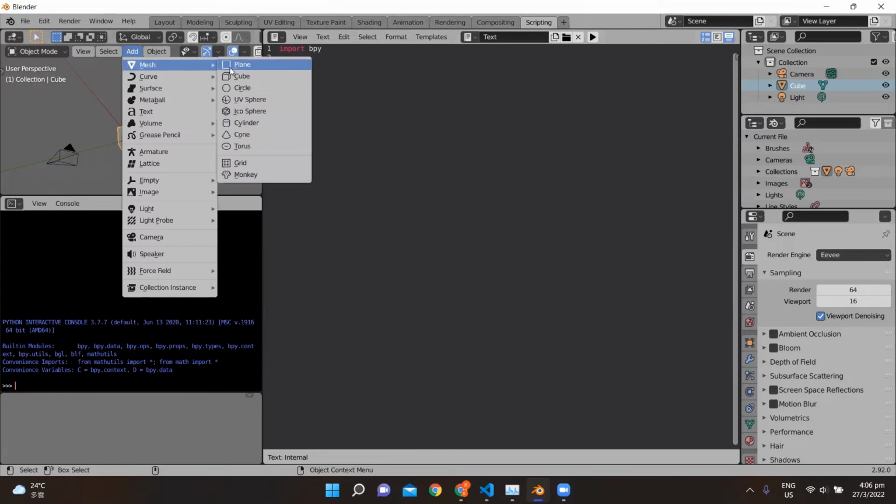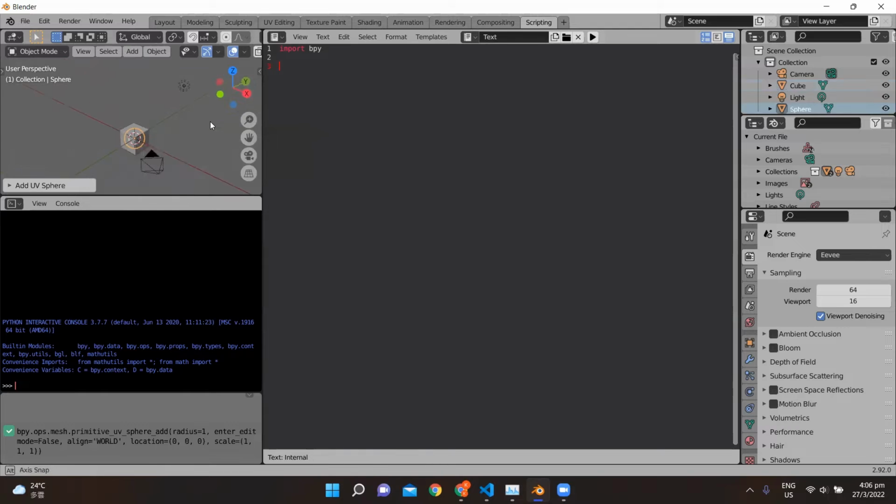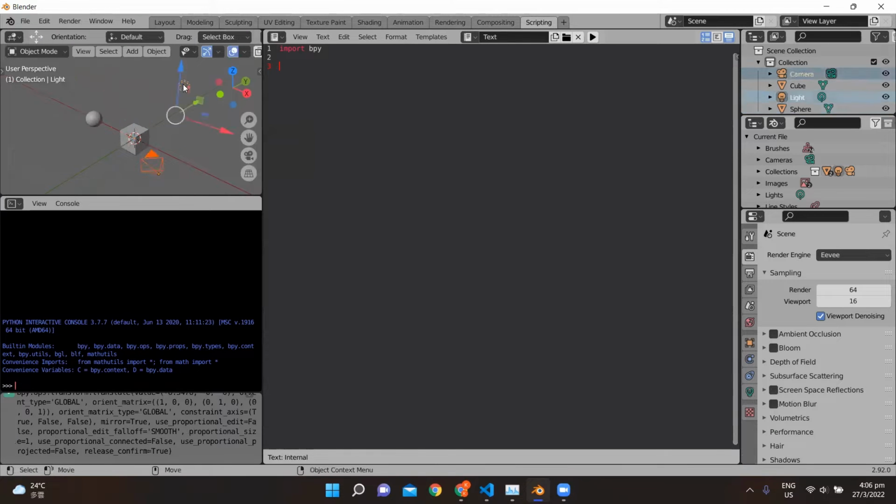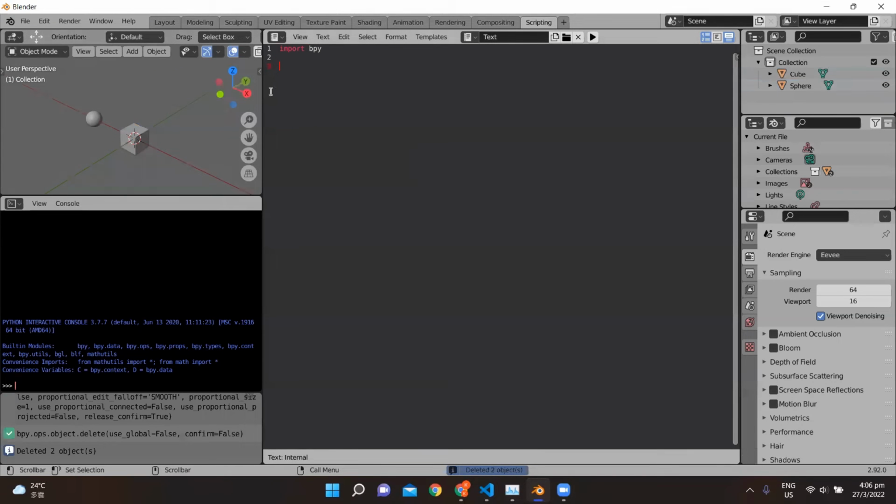So let me create another new object first and then clean up the screen a bit. In order to do the simple mesh transformation coding script, we need to